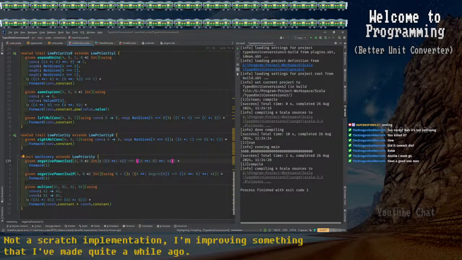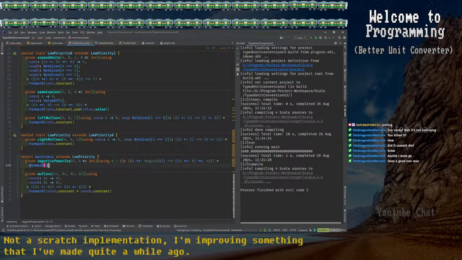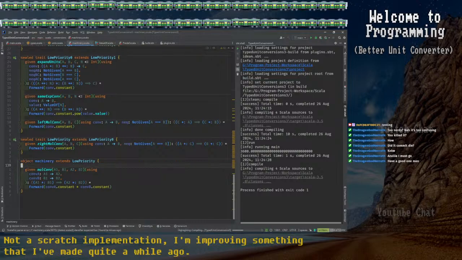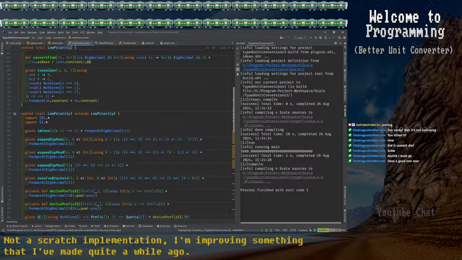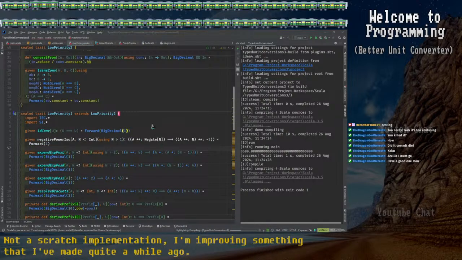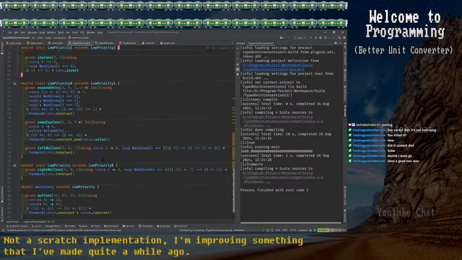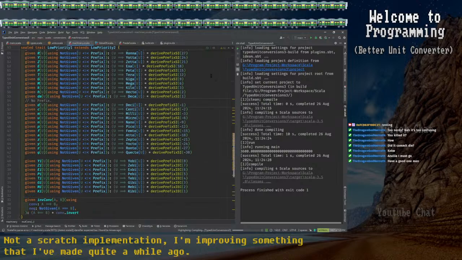Actually, no, I don't even need that one. I just need this one. I only need this. Let's move this isomorphism next to ID. I don't need that import. Okay, so now